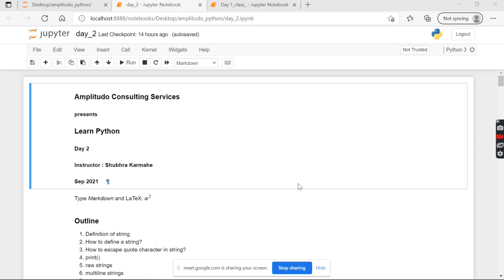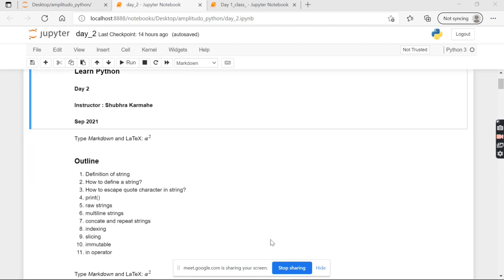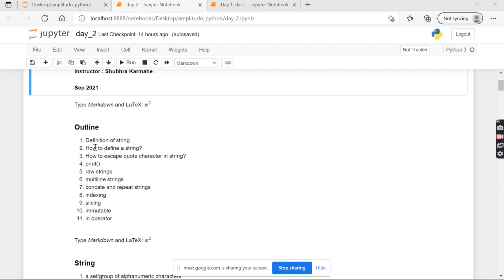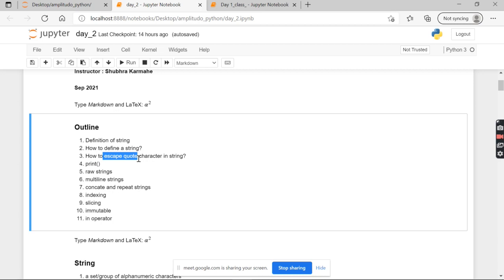So we should know how to store them, how to process them in Python. Okay, if you see the outline today, I'm going to define a string. Then there are multiple ways we can define a string in Python. Then how to escape code. Sometimes we have a requirement where a statement needs certain double quotes or single quotes, then how